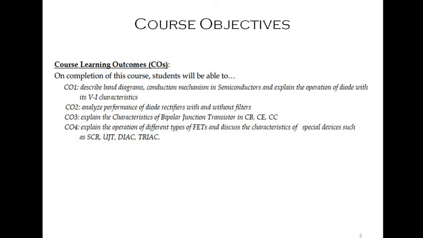Coming to CO1, as the first unit deals with semiconductor doping and PN junction diode, CO1 is nothing but describe band diagrams, conduction mechanism in semiconductors, and explain the operation of diode with its VI characteristics. It means after finishing the first unit, you are supposed to understand these things from the first unit. Similarly, CO2 is